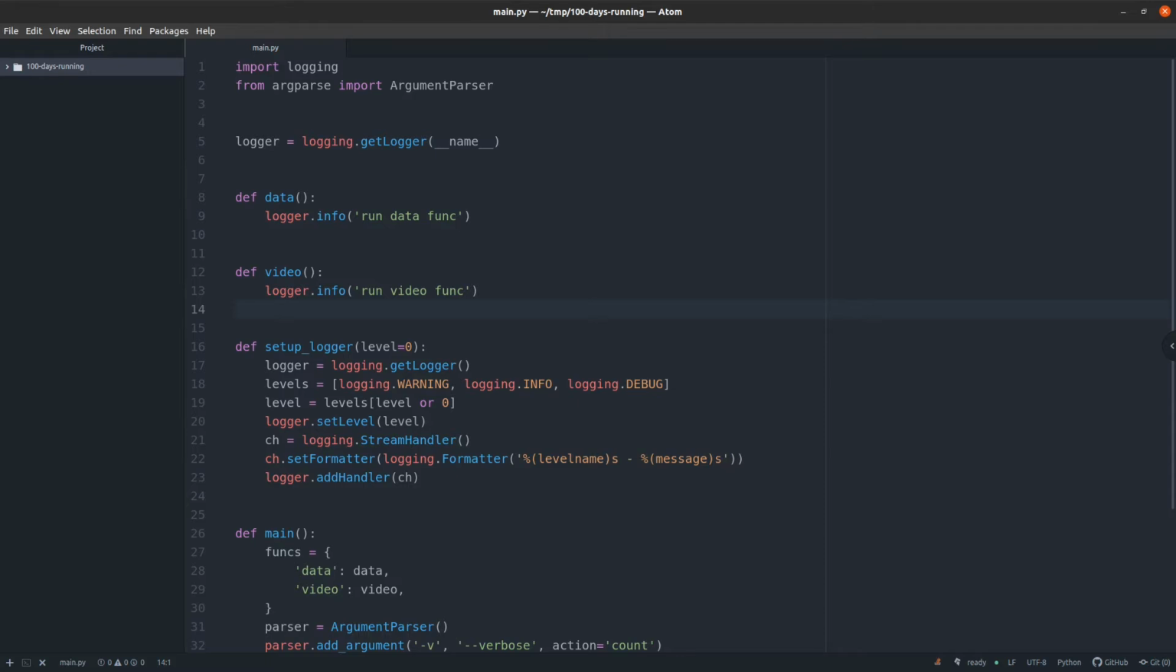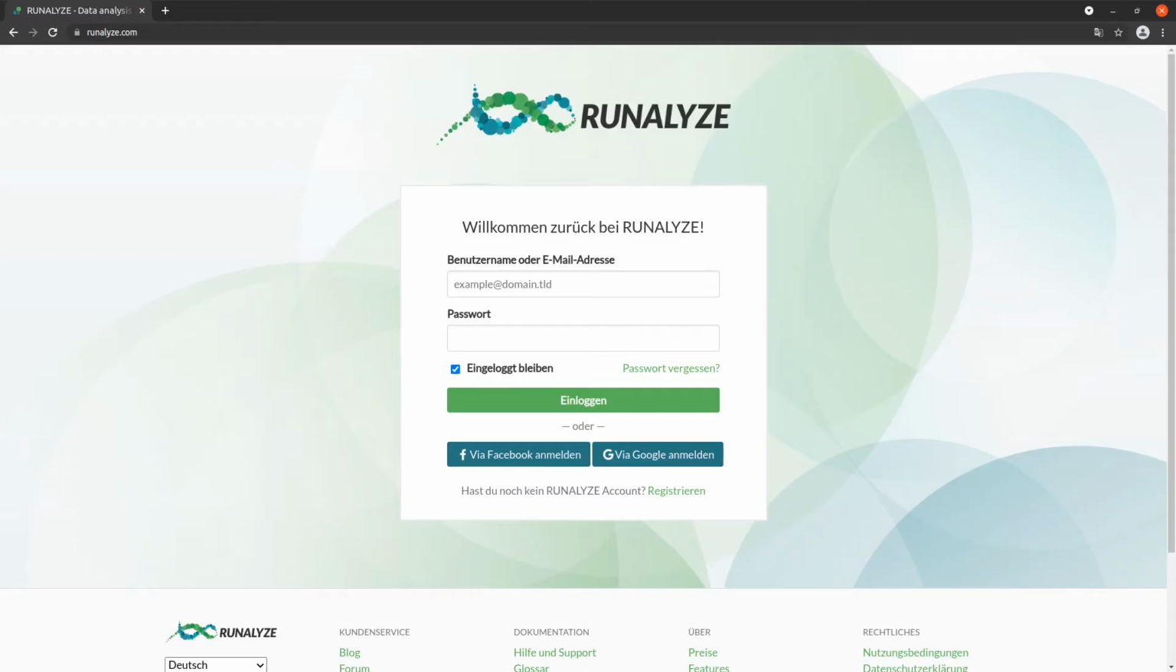So now we came to the fun part. We will extract the data from our page. I have my sport activities on Runalyze, and I will get them from here. So this is how it looks. I have to log in,